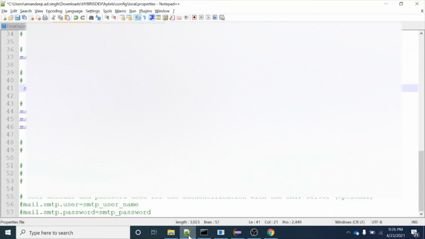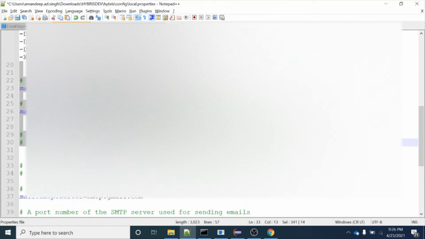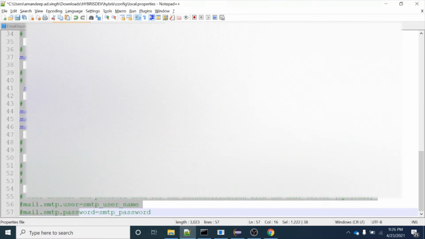If you don't do these changes and directly try to run the groovy script, it will not work. It will display a message that email client is not valid. So that is why you always have to first activate the email functionality in your system, and this is how you have to activate it. Once this is activated, you need to run the groovy script which I am going to give you shortly,